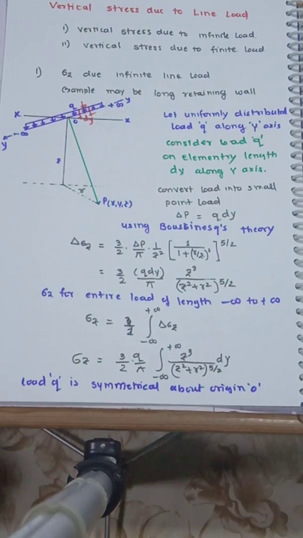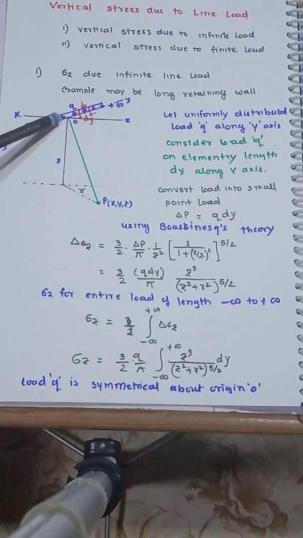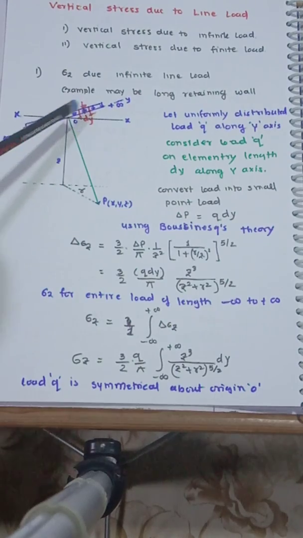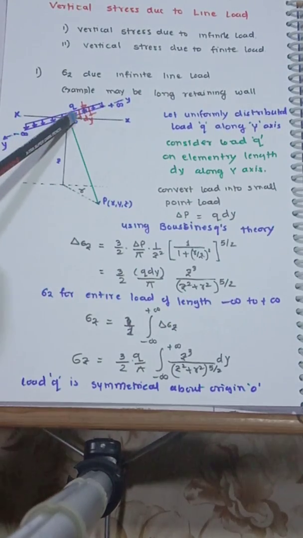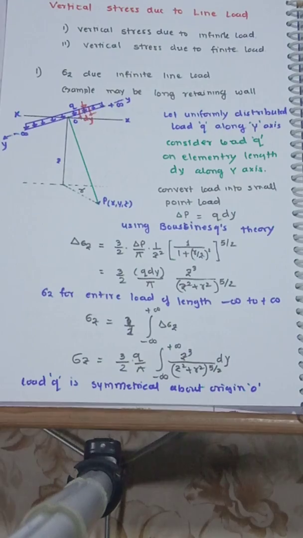An infinite line load is something like a retaining wall. It may run a few meters or even kilometers. So let us say this is a stress transferred by the retaining wall. It can be parallel to any axis. Let us say here it is parallel to the y-axis. It exerts a pressure Q, in kilonewton per meter, suppose, a uniformly distributed load along its length,